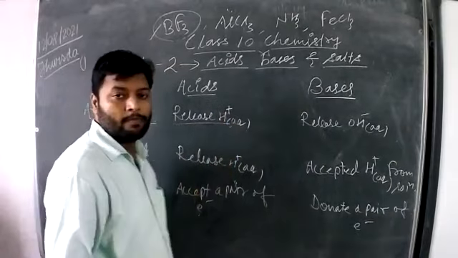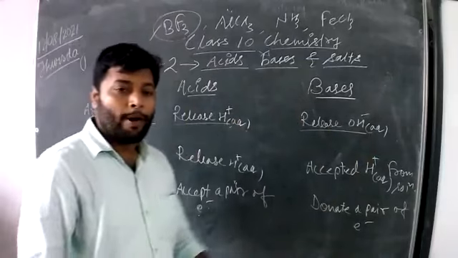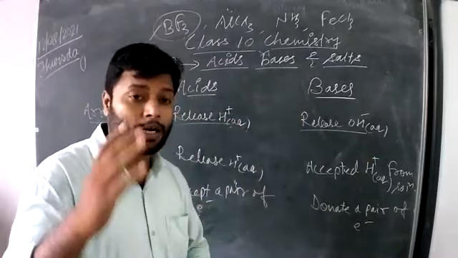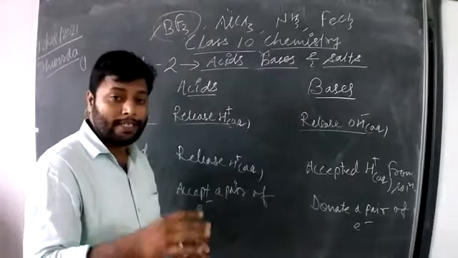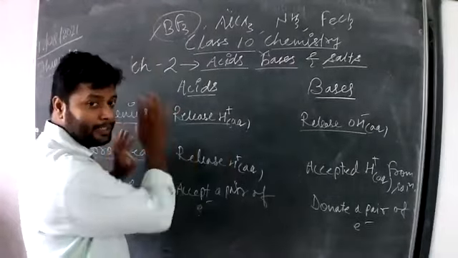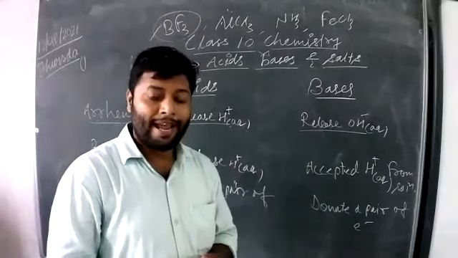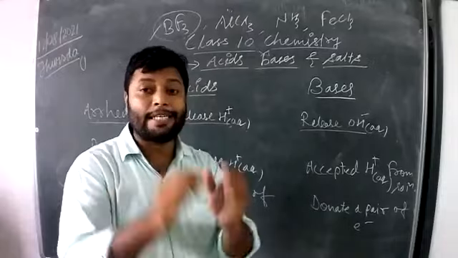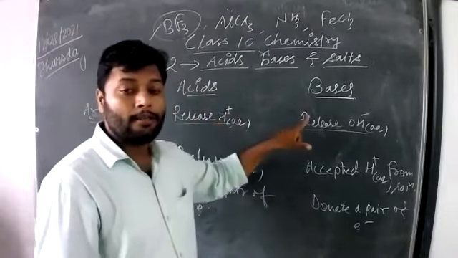First definition: whatever acids and bases you learned, that is generally Arrhenius acids. Whatever examples you learned and whatever examples you have seen in your books, that is generally Arrhenius acids and